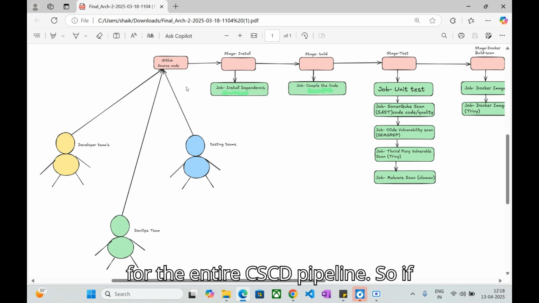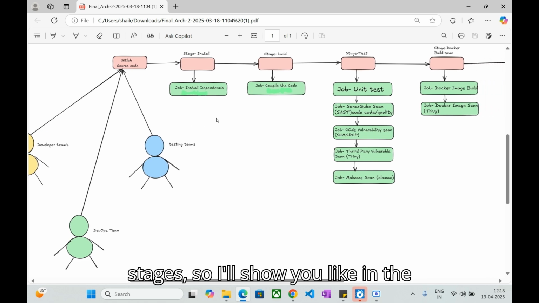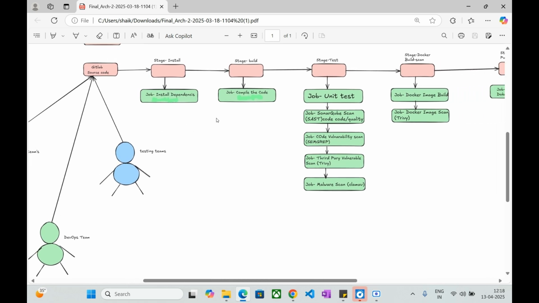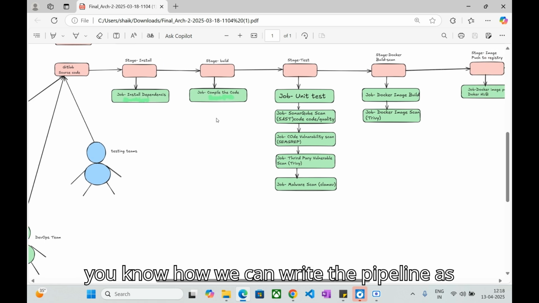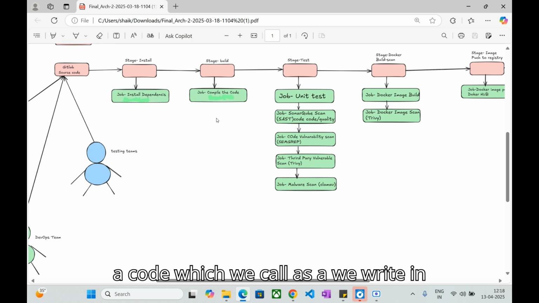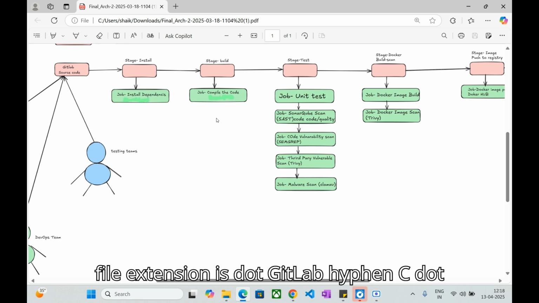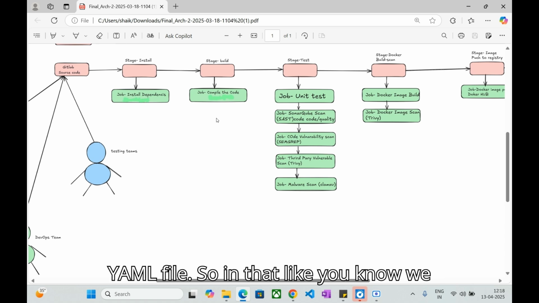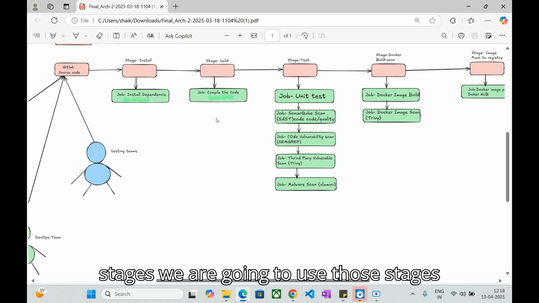pipeline. So if I step into the CI/CD pipeline jobs and stages, I'll show you in this session itself how we can write the pipeline as code. We write pipeline as code in YAML syntax, and the file is called .gitlab-ci.yml. In that file we are going to add stages, and in those stages we are going to use